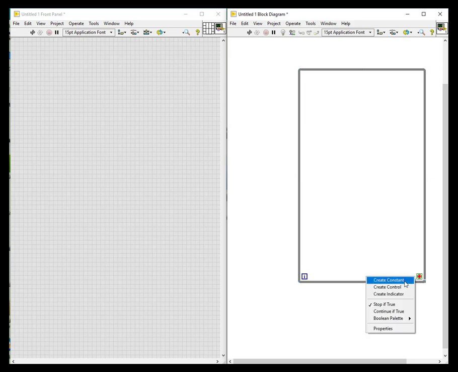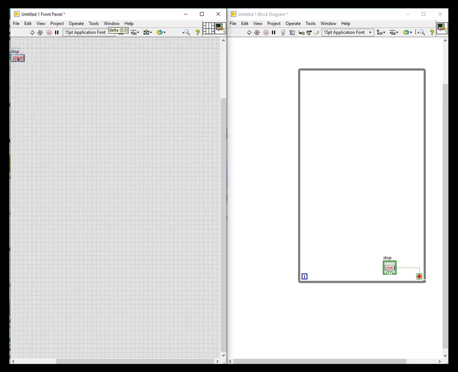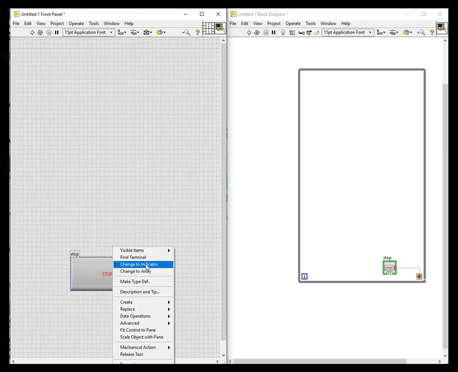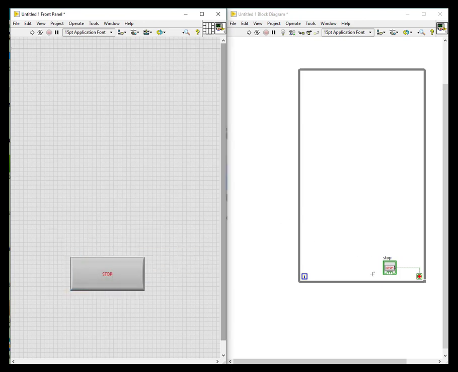For that, I can give a constant or I can give a control. A constant will be true or false. If I give a true condition, it will run continuously until and unless I stop the VI manually. So I go and give a control to this, a button control. Let me increase the size of this, stating that it is stop. I don't want any label, so I remove it. This is a boolean, so you can see it is true and false. It can give only true or false. When you give true, the execution will stop. If it is false, the execution will run.